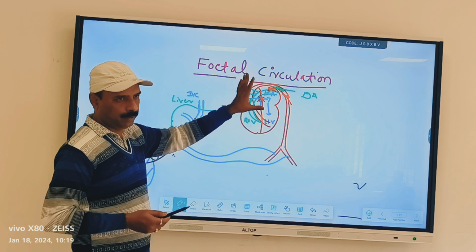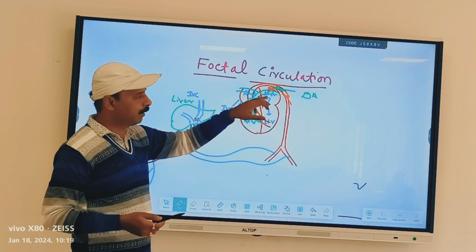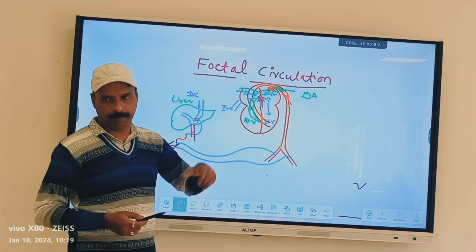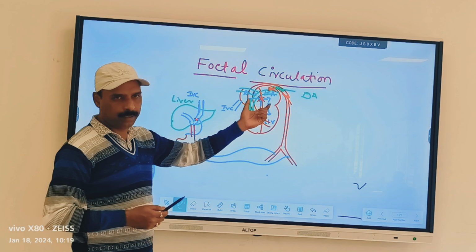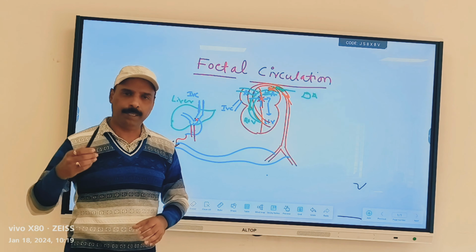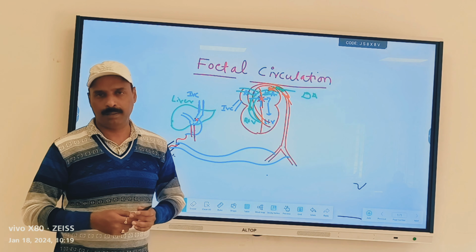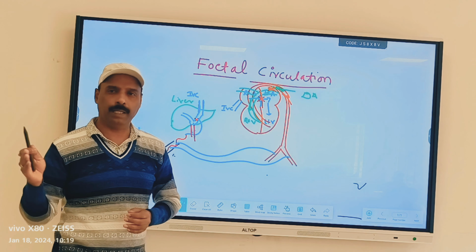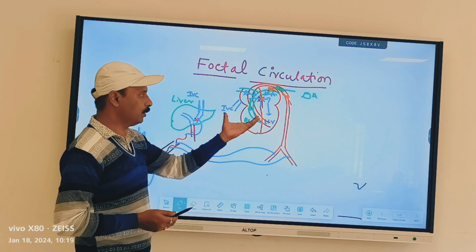So one is patent ductus arteriosus. I have told you the septal defect is what you have to remember. That is developmental; the foramen ovale may remain the same, or it may take time to close. It has to be closed a maximum of 4 to 8 hours after birth. If it remains, it has to close.